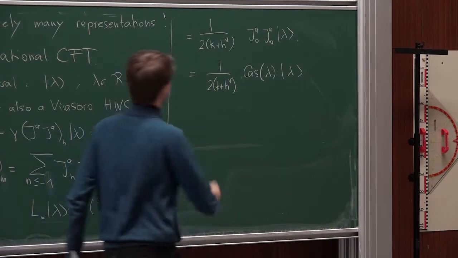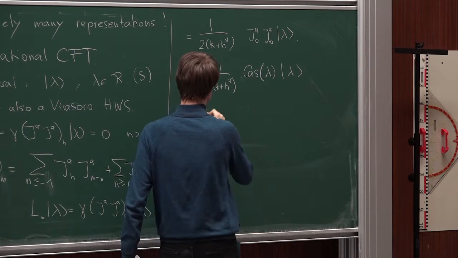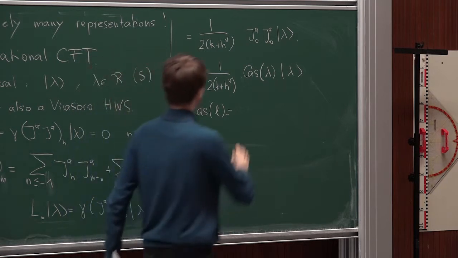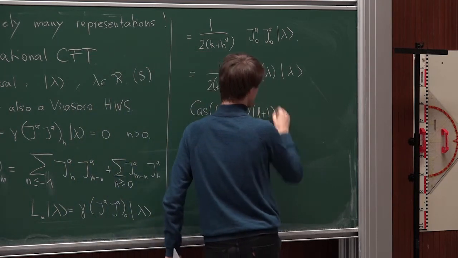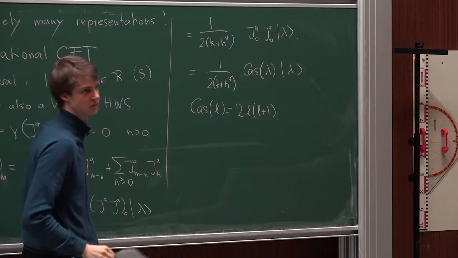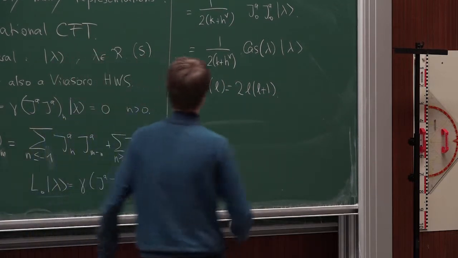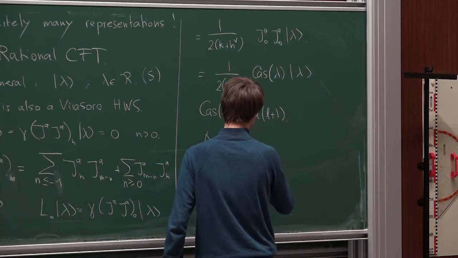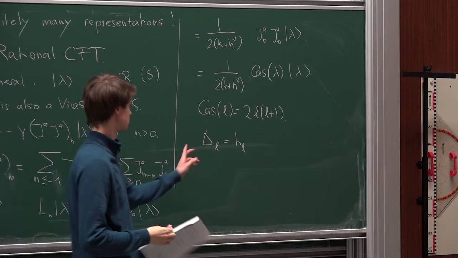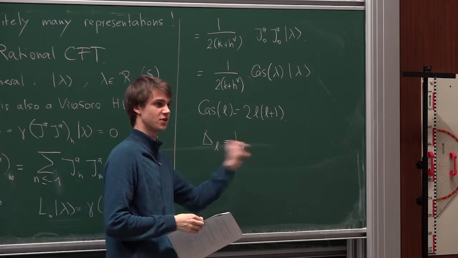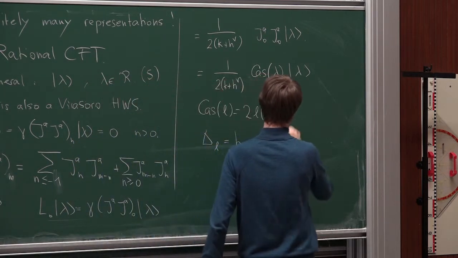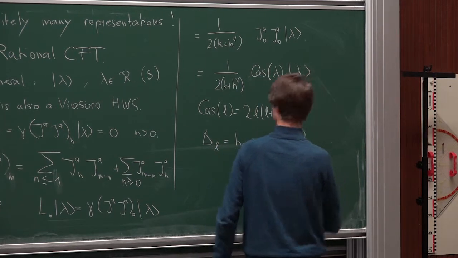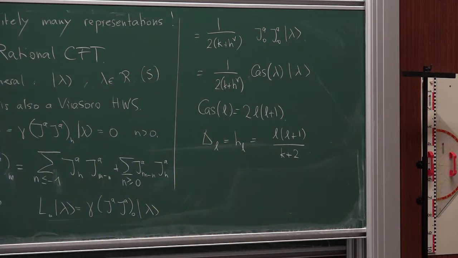Good. And in my convention, which is maybe slightly strange, the Casimir of an SU2 representation is 2L(L+1). Okay, there's an annoying factor of 2 I have to hide somewhere. Good, so the conformal weight, delta L, sometimes I call it also H_L, in different literatures you will find delta or L, H pretty interchangeably, is L times (L plus 1) over K plus 2 in the SU2 case, because the dual Coxeter number is 2.